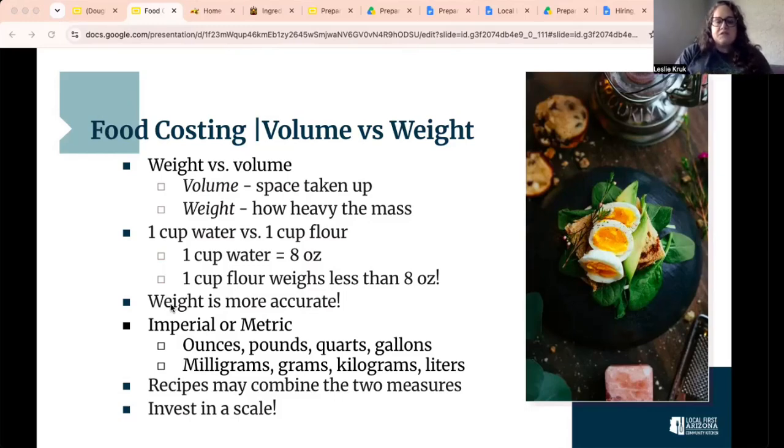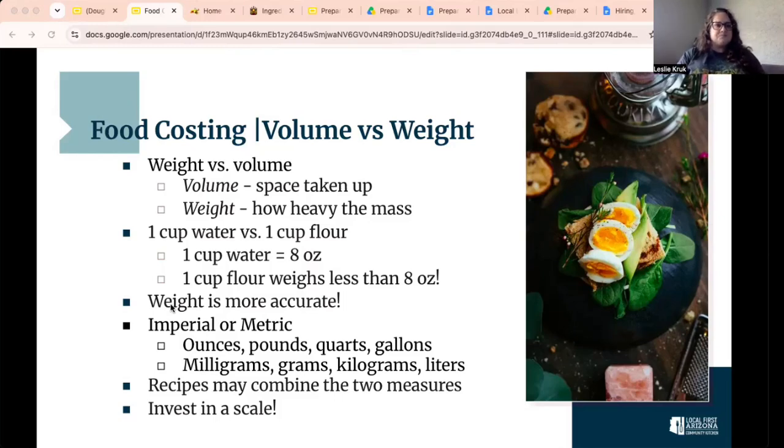One of them that I like to use is King Arthur Baking. So, www.kingarthurbaking.com, and you can search for an ingredient weight chart on their website. Then you can put in whatever the ingredient is, flour, salt, sesame seeds, whatever it might be, and it's going to give you that weight per cup. So now this will allow you to convert those recipes that are measured in volume and convert those to accurate